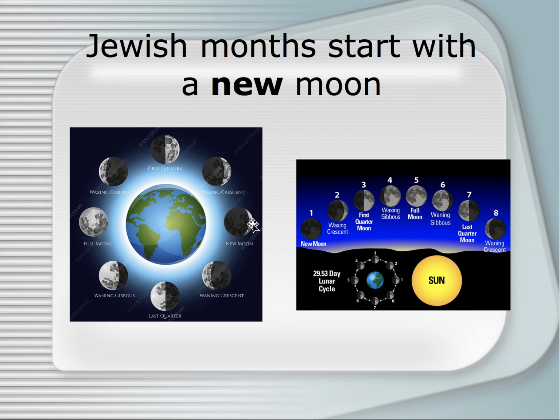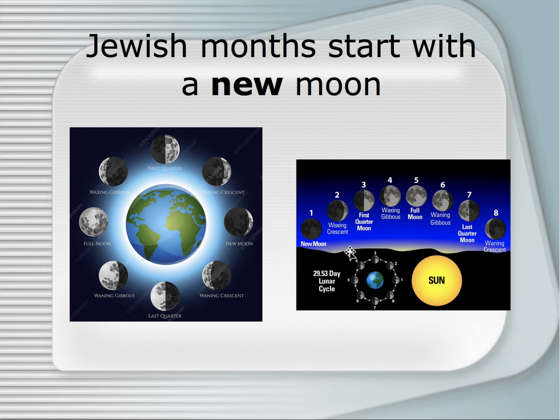So we start with no moon or a new moon. As you see, the sliver of the new moon is the beginning of the month. Halfway through the month is the full moon. Then you have the waning gibbous, and the third quarter is also a half moon, but a different part is illuminated. Then the waning crescent, and finally the new moon again. So that's the lunar cycle, trying to show the different phases of the moon.